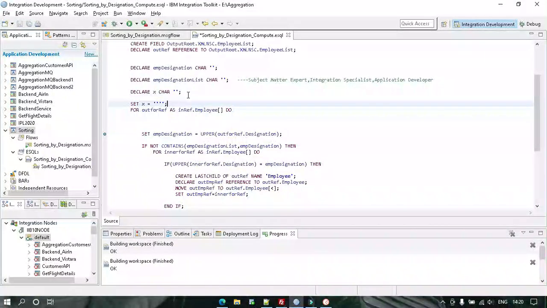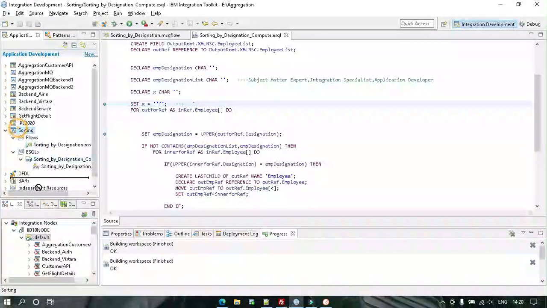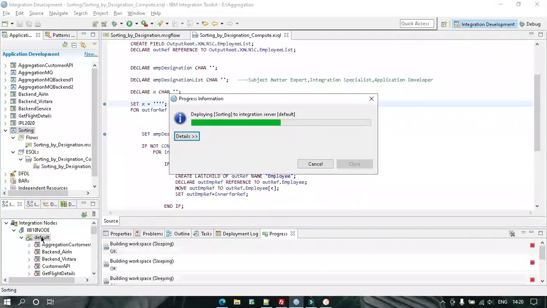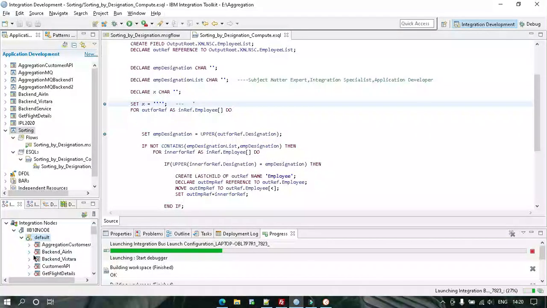If we provide four single quotes, then it will be printed as a single quote in output. Now my result will be a single quote. Let me show you. So always remember, four single quotes will be printed as one single quote. And your job is done.